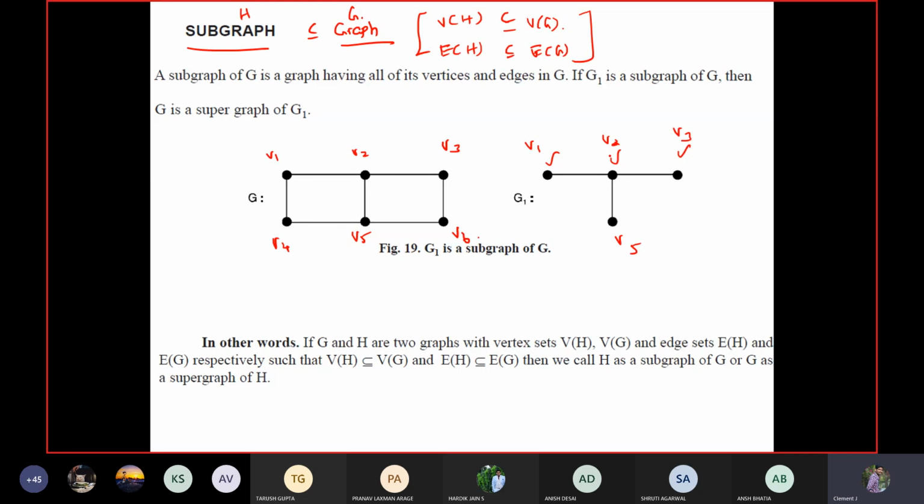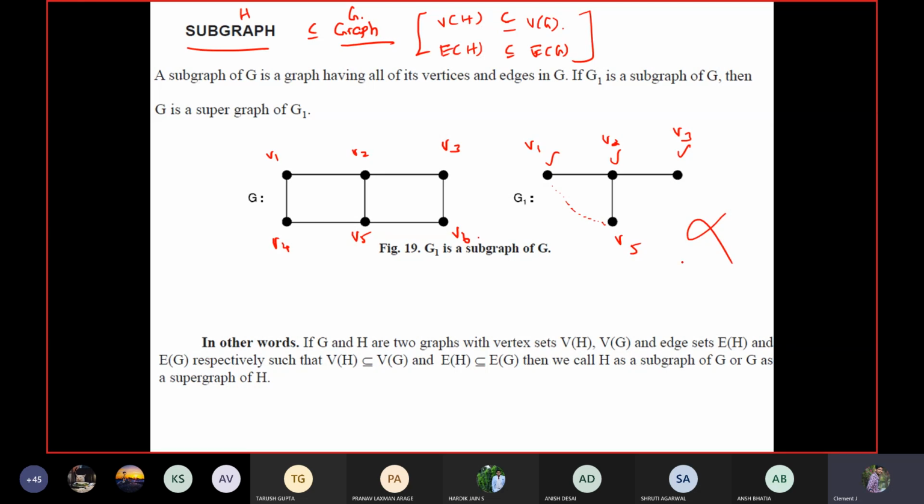So here I should check V1 should have an edge with V2. Yes, it is true. If in another way I am considering this as the graph, where I have a connection between V1 and V5, then I should not consider this as a subgraph of G. It should maintain the same rules of the original graph G, with respect to the vertices and with respect to the edges. Here V3 is not having an edge with V5. If I create one edge from V3 to V5, then it will not be a subgraph of G. So this is the definition of subgraph.